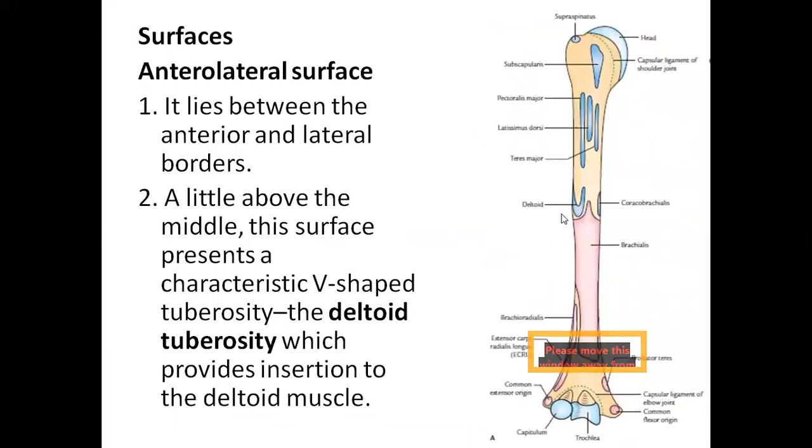What are the various muscles we have seen in the anterior aspect? I said in the upper end, lady between two majors, that is the teres major, pectoralis major, latissimus dorsi. Over the deltoid tuberosity, we will see the insertion of the deltoid muscle. Quite opposite to deltoid, we will see the insertion of coracobrachialis. In the lower one third of the shaft, we will see the origin of the brachialis muscle. Brachialis is one of the muscles of the arm.